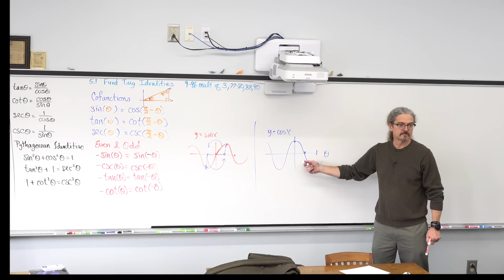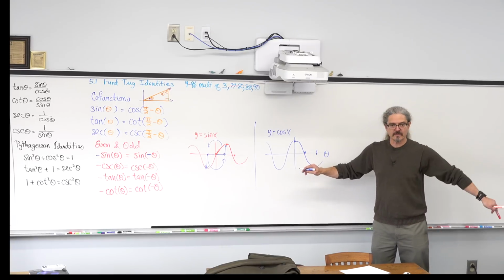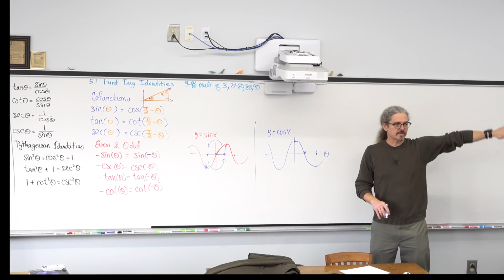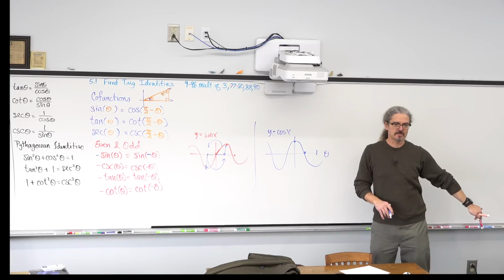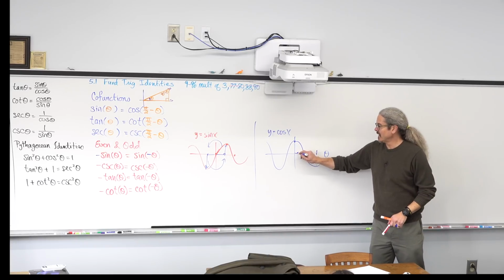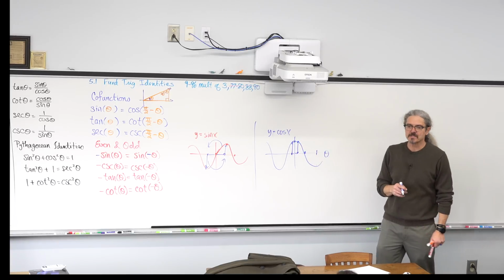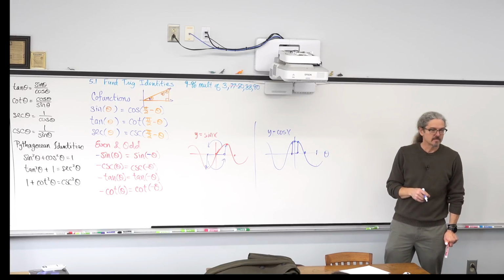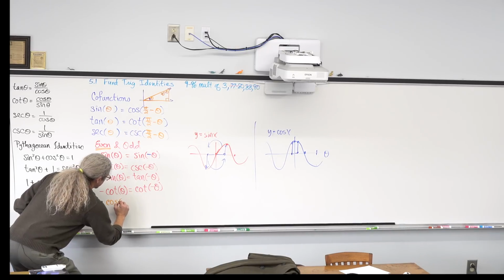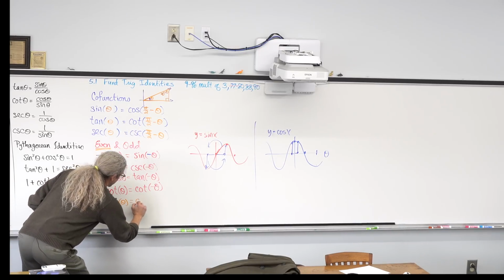which means it's even. What's the cosine of pi over 6? Square root of 3 over 2. What's the cosine of negative pi over 6? Still square root of 3 over 2. That's just a numerical example. It's not really a proof, but opposite numbers in, same answer out. That's an even function. So cosine is even, which means the cosine of theta is the same as the cosine